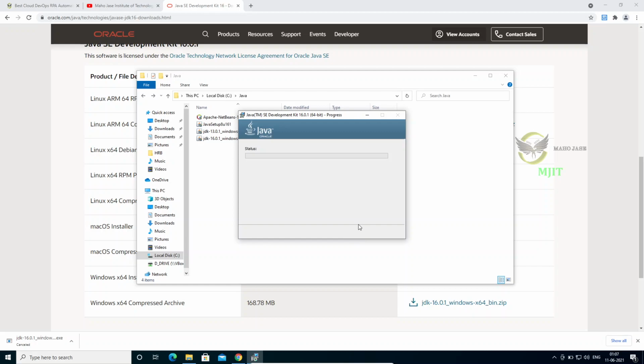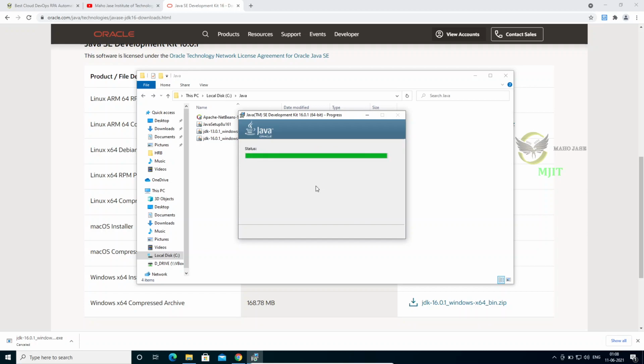Java has multiple versions of JDK like Java JDK 16, 13, 11, 8. For this video purpose, we are installing 16. Depending on your development environment, you need to select your Java JDK version. This will take a couple of minutes. If you see validating install and then updating component registrations, it registers Java on our machine.